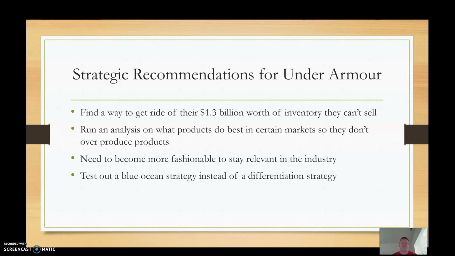My last one is maybe just to test out a blue ocean strategy instead of differentiation, just because their product quality has begun to slip, and that will take a lot to get back on top of. So if you want to still have those polyester blends, those better, higher materials to charge more money, you can do that. But then just produce as many as you need, and then everything else you can try and produce the more cotton shirts like Nike and Adidas are releasing, to have a less expensive shirt to better compete with Nike and Adidas.